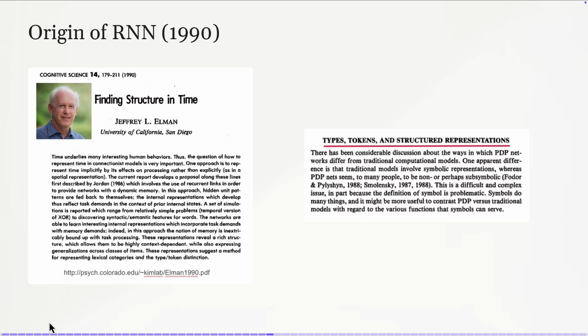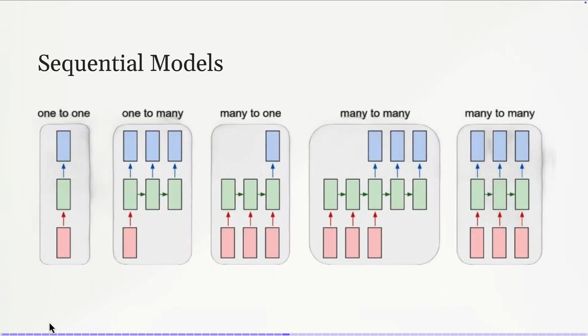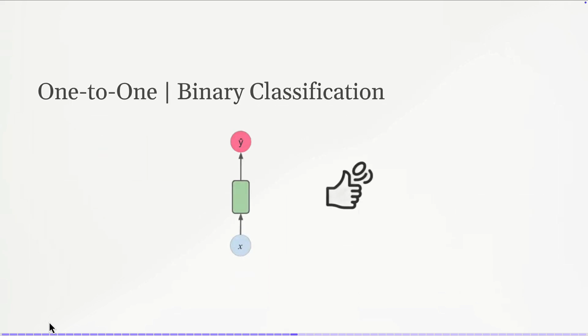Okay, so it talks about types, token, structured representation. All these concepts are major parts of language modeling. So let's look at the traditional language modeling approaches using RNN or LSTM. So we have one-to-one. This is used like binary classification. Okay, you can provide an input, and you'll have an output. You know, whether true or false, positive or negative. This is an example of binary classification or sentiment analysis with positive and negative outcomes.